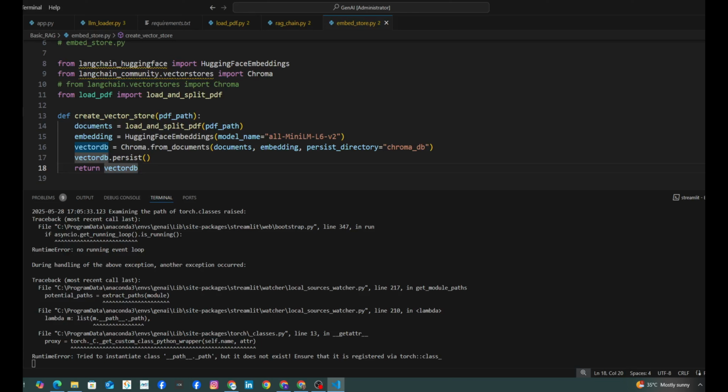Right. So in the first line, we are loading and splitting the PDF. In the second line, we are creating the HuggingFace embedding. We are using this in setting up the grounds for embedding creation. Then in the third line, we are utilizing this vector DB and providing Chroma, and the from_documents function is taking everything together. It's taking the documents, it's taking the embedding model, and then the persist directory called chroma_db, right?